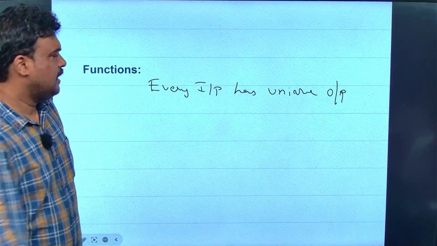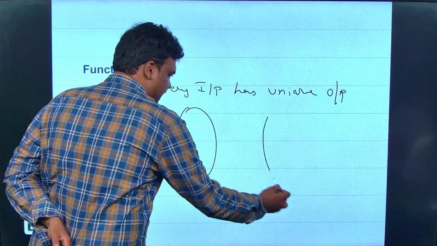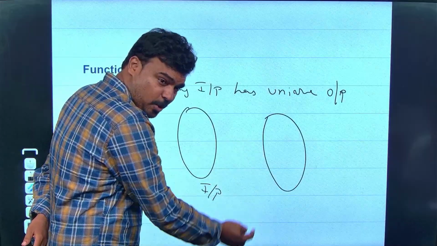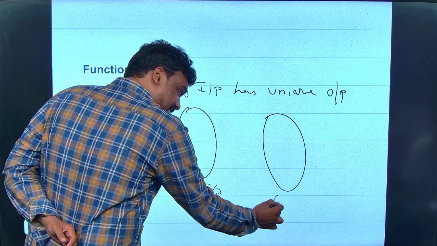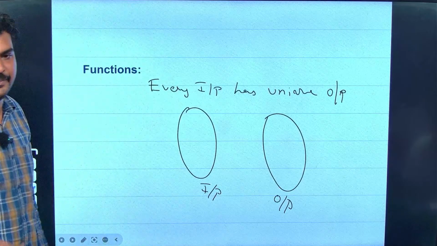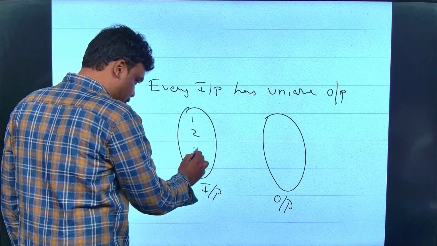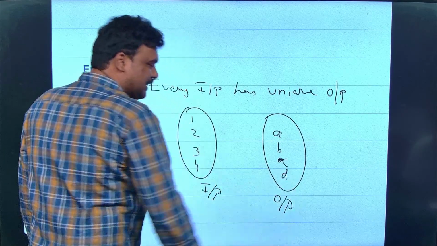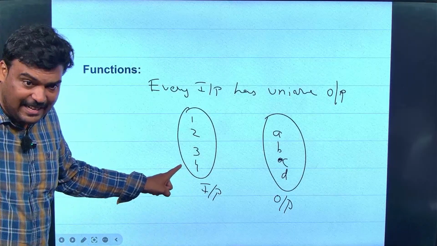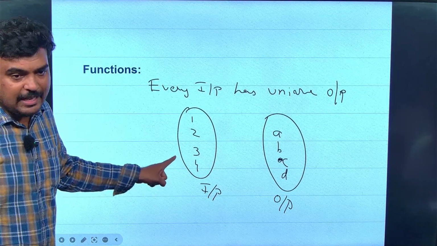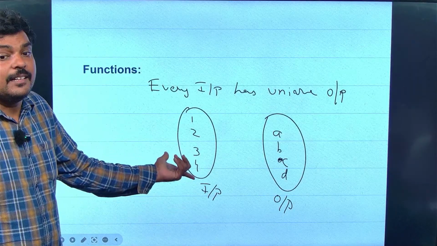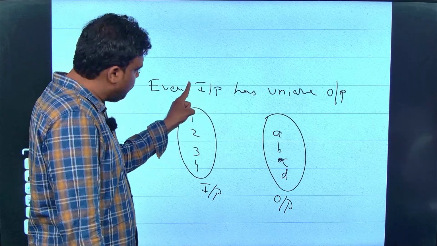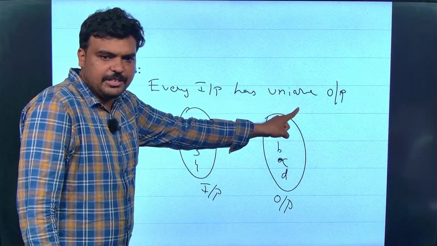Sir, what does that mean? If I have a function, I'll take it as input and output, so that you will understand more easily. You can say image, pre-image, domain, codomain, whatever. So if I have 1, 2, 3, 4, this kind of expression is known as an arrow diagram. Sir, we can write it as a set of ordered pairs. What I wrote up to now was a set of ordered pairs. What I am using right now is an arrow diagram. So what it says is that every input should have an output.